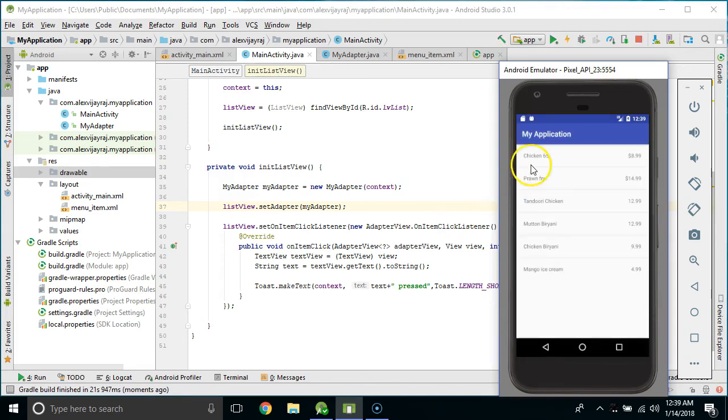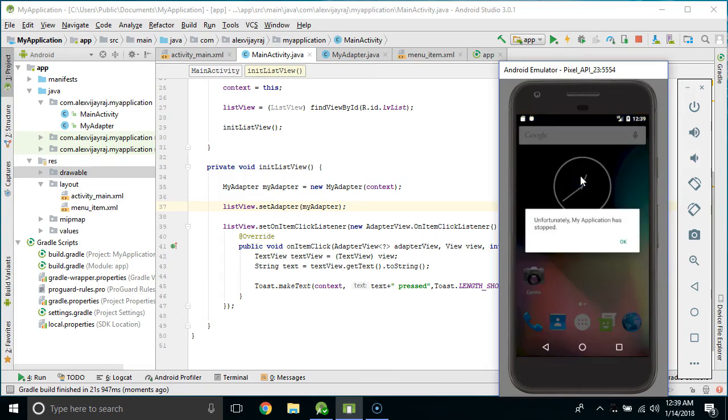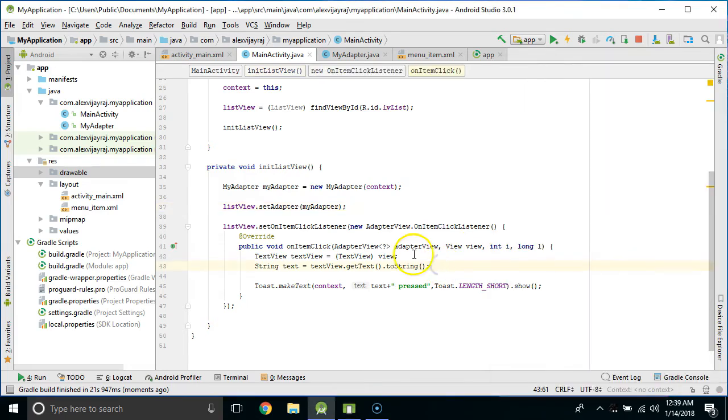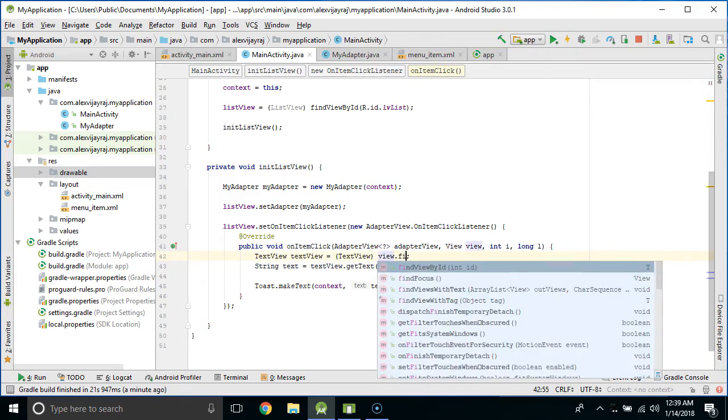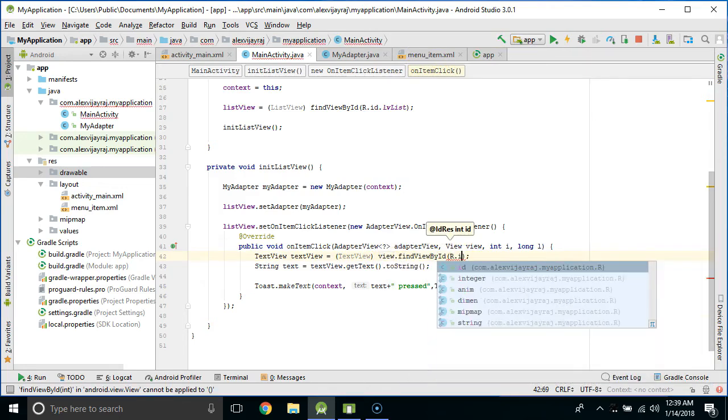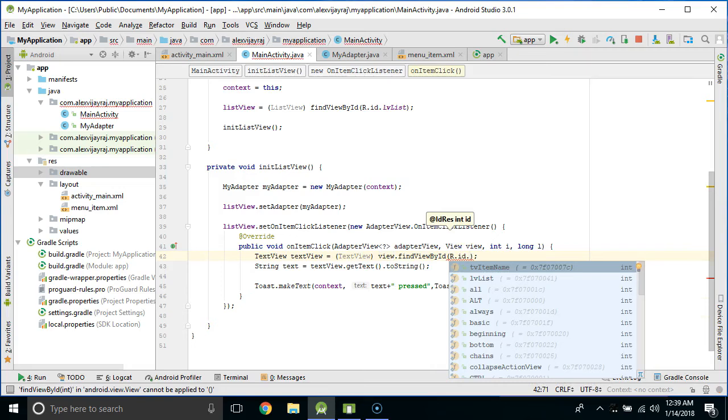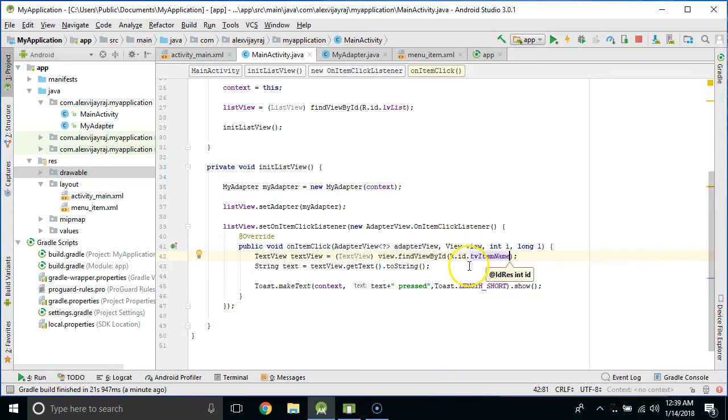And now, as you could see, all the menu items along with the price is created. But when we pressed, the application crashed. This is because we haven't set the on-item click listener properly as required. So now the text view is not the view that is getting passed, it is the menu item entirely. So we need to get the text view from the view that we obtained, and we're going to say R.id.tv name. And now if we run the program,